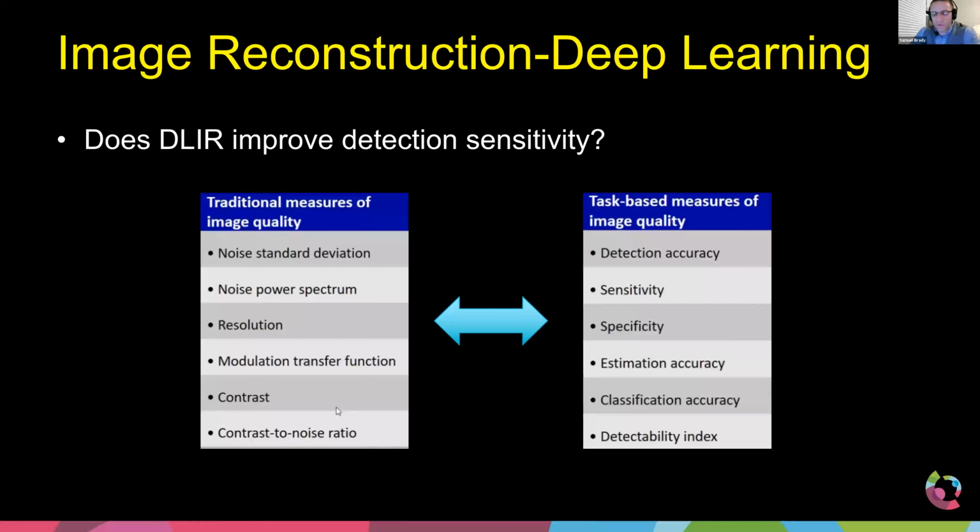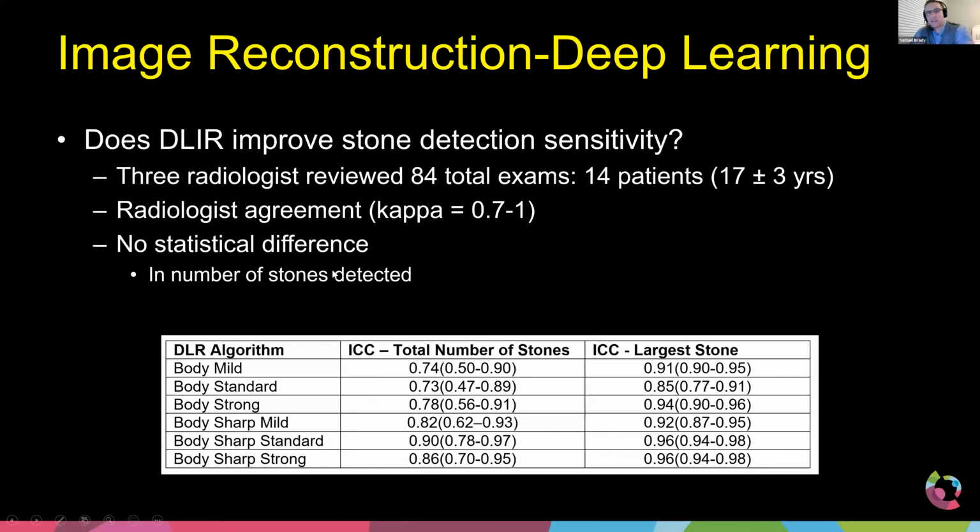But the real question we really want to know is, do all of these changes have some kind of direct correlation with the improvement in detection accuracy, radiologist sensitivity and specificity, and classification and detectability? And so this side of the equation is, how well does a radiologist perform if we modify these objects over here? So now that we have all these new technologies, one of the things we've been trying to do is look at various different applications, and we're going out and starting to ask ourselves, do we improve detection